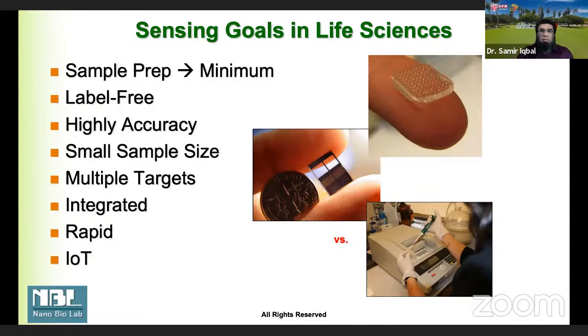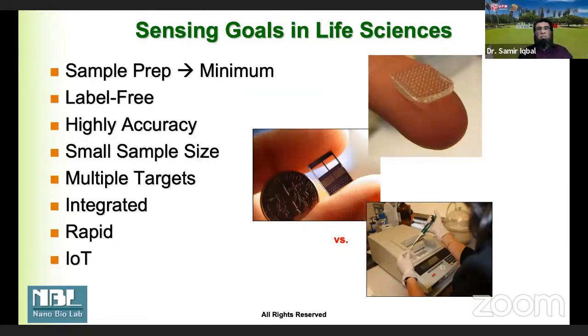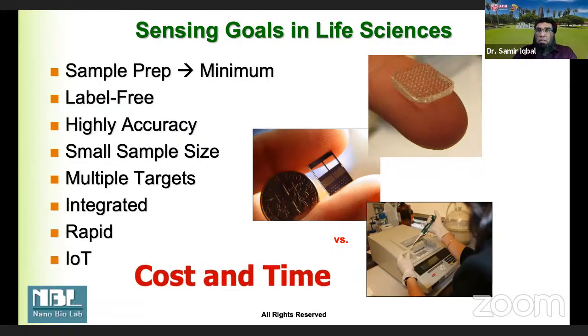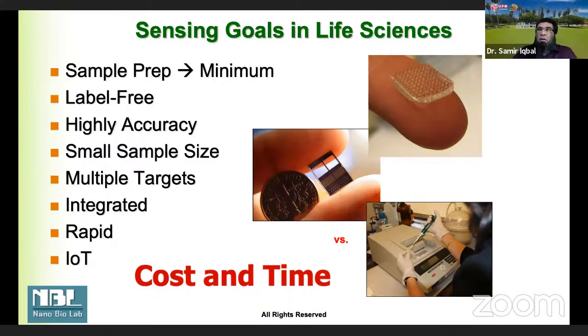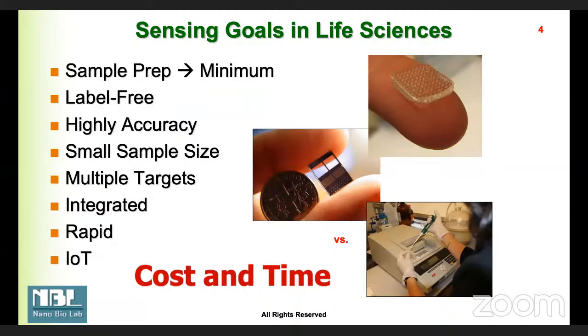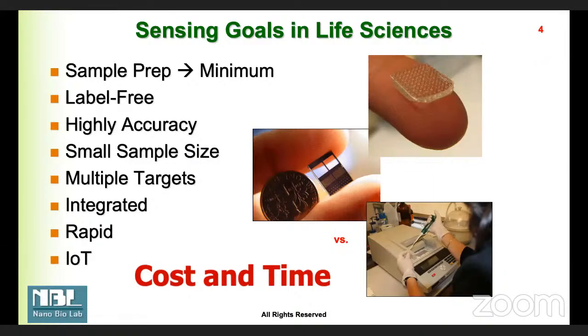So here's an example. This right-hand lower side is a PCR machine. PCR machines used to be, maybe 15 years ago, used in labs, but now we are doing PCR chips, which is the other example, about the size of a 10 cent coin in the US, a very small coin. At that size, if you are doing the same process which we do with a big machine, we can save a lot of cost and a lot of time in getting to the answers. And this becomes important because